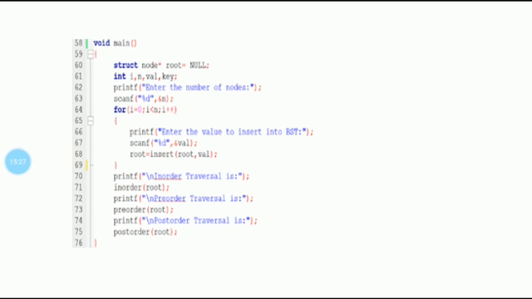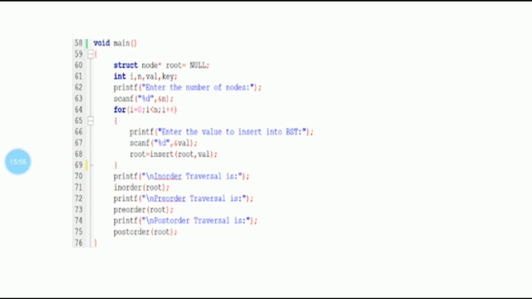So initially we are going to declare struct node, that is already defined at the initial point, and the variable is root, and it is initialized with the value null. So root is a pointer which points to the struct node, and the remaining four variables depend upon that particular point of time.